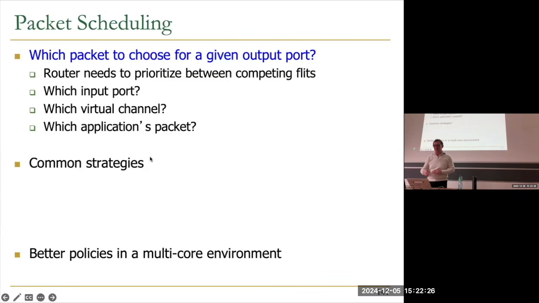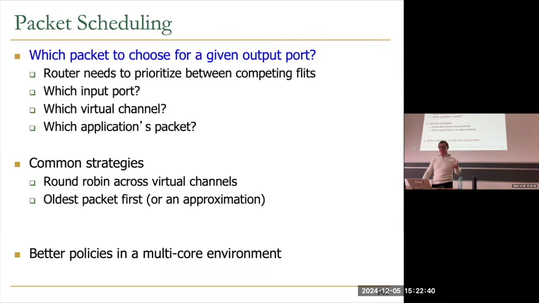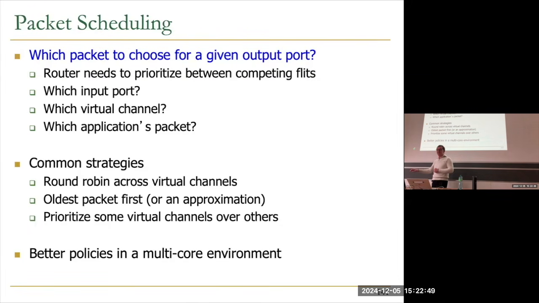We're assuming buffered over here, but again, that doesn't matter as much. There are common strategies that are used. For example, a lot of on-chip networks used to use round robin across virtual channels. Pick one virtual channel, in the next cycle, pick another virtual channel, etc. You do oldest packet first, or an approximation of it, because it's expensive, as we've discussed. You prioritize some virtual channels over others, because that virtual channel may be carrying some important traffic, right, for quality